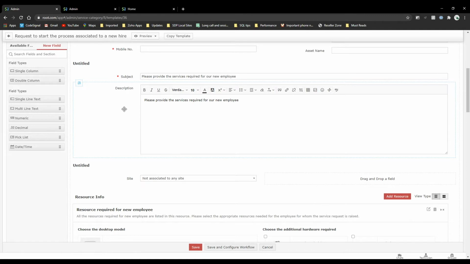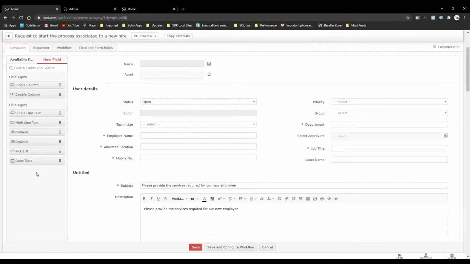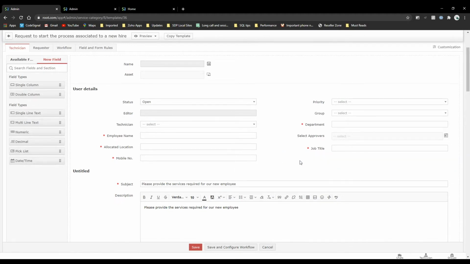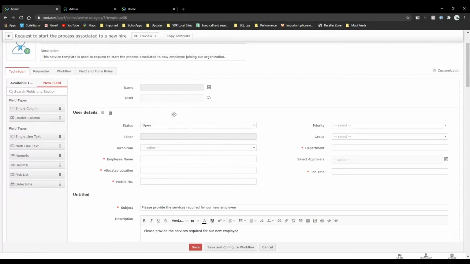Okay, so that's how you create fields under the template. And in this example, in this template, you can see that